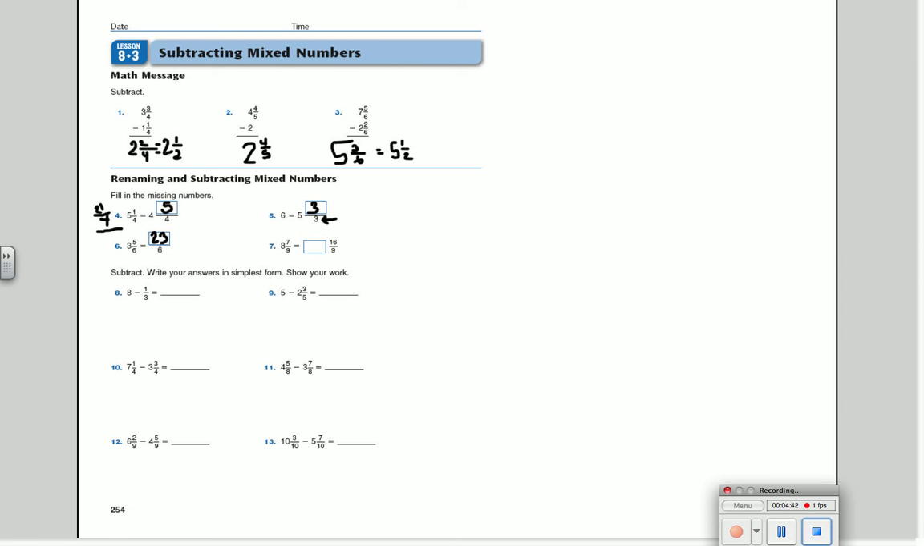All right, so if I have to figure out what my whole number is, I'm going to think about it. 8 7/9. How much did I have to add to the numerator 7 to get to 16? Well, I know that